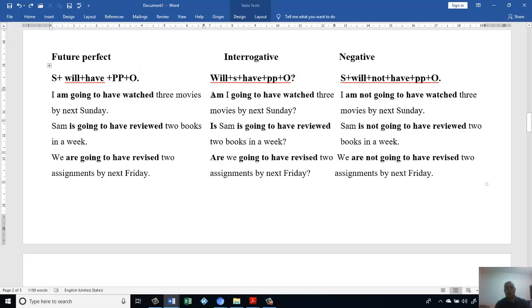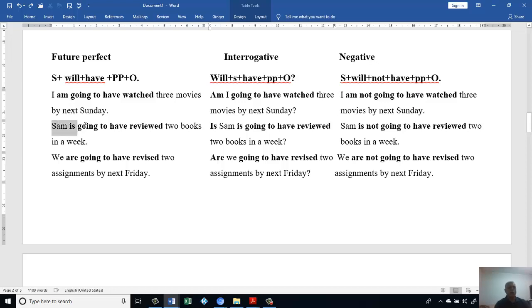We make a question: Am I going to have watched 3 movies by next Sunday? Yes, I am, or no, I am not. Make it negative: I am not going to have watched 3 movies by next Sunday. Same thing with a singular